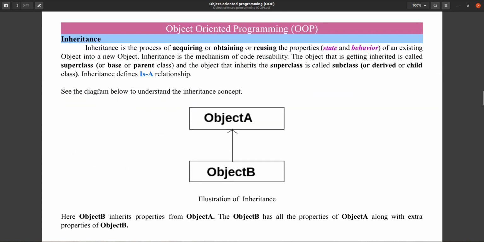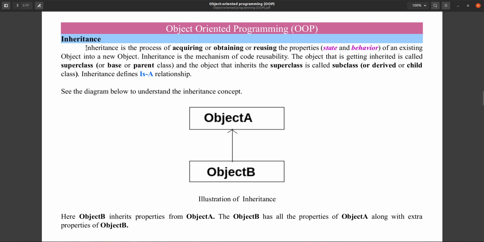Before we see the code implementation, first we will revise the definition of inheritance, and we will see the types of inheritance one by one with examples.